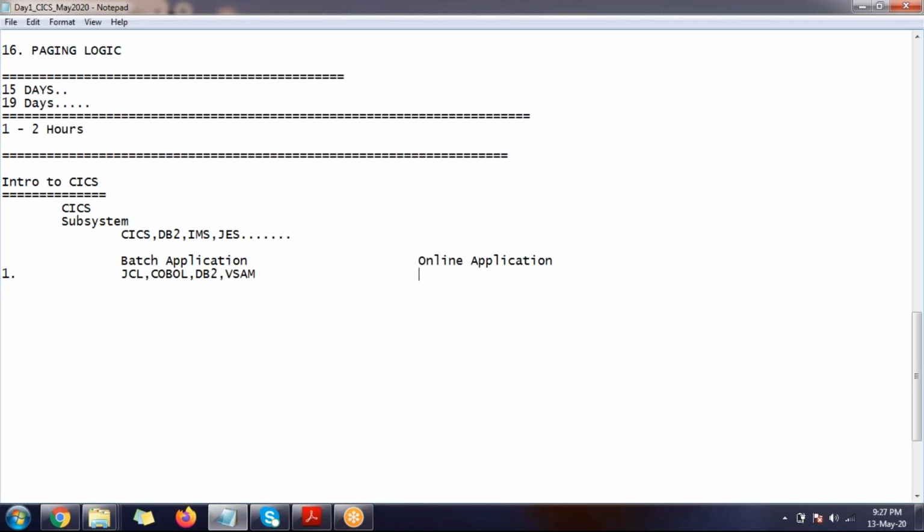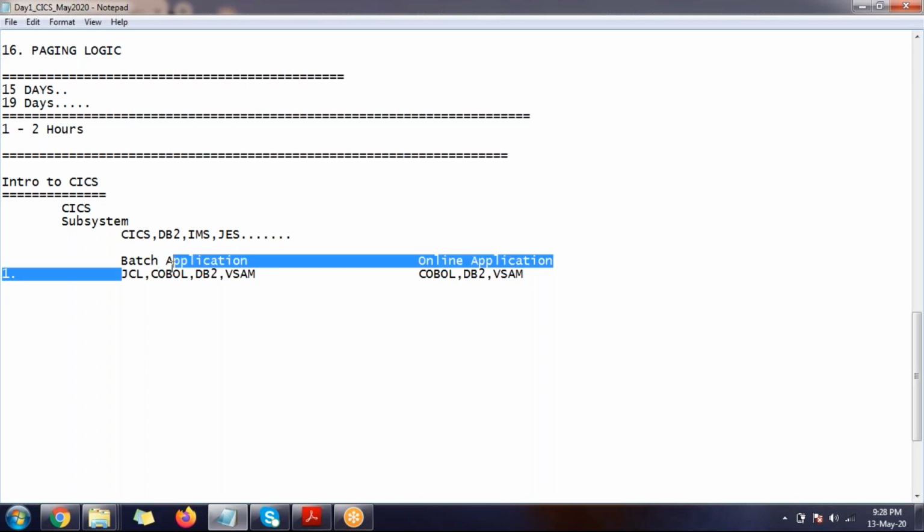Whereas in an online application, we have COBOL, DB2, and VSAM, but JCL will not be there for running. JCL will be there to compile and pre-compile, but not for running the program, because we run the program in a CICS region, not with the help of JCL.